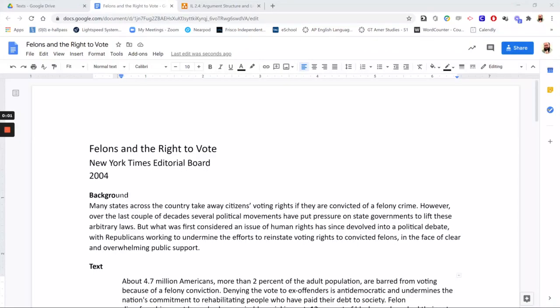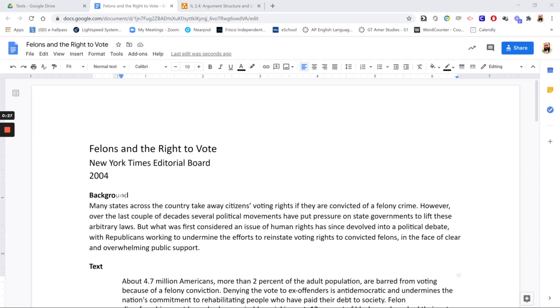All right, strap in everybody. We are going to map an entire extended argument here. Remember, argument mappings are one of the best ways to visualize how an argument is structured, how a particular claim is supported by various lines of reasoning, and they can get kind of extensive, and it can all look very complex in the end, but we're going to do it piece by piece by piece, and